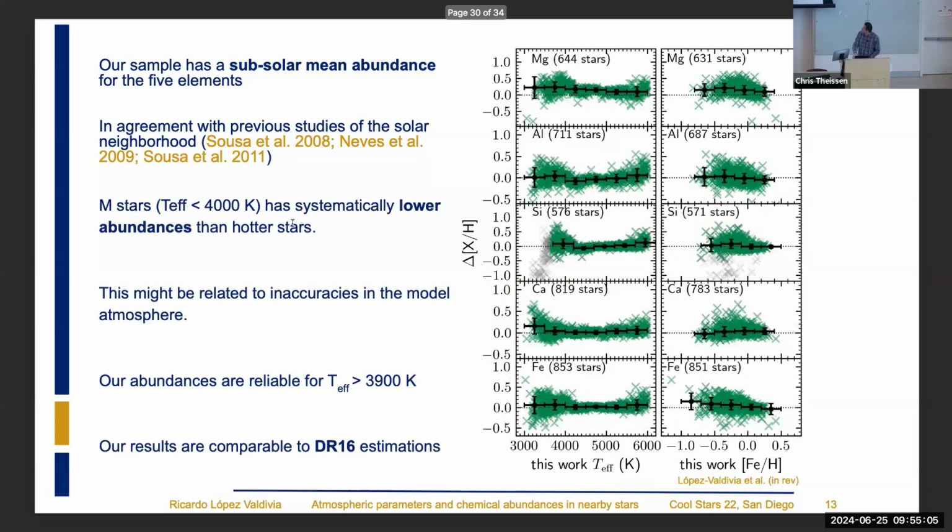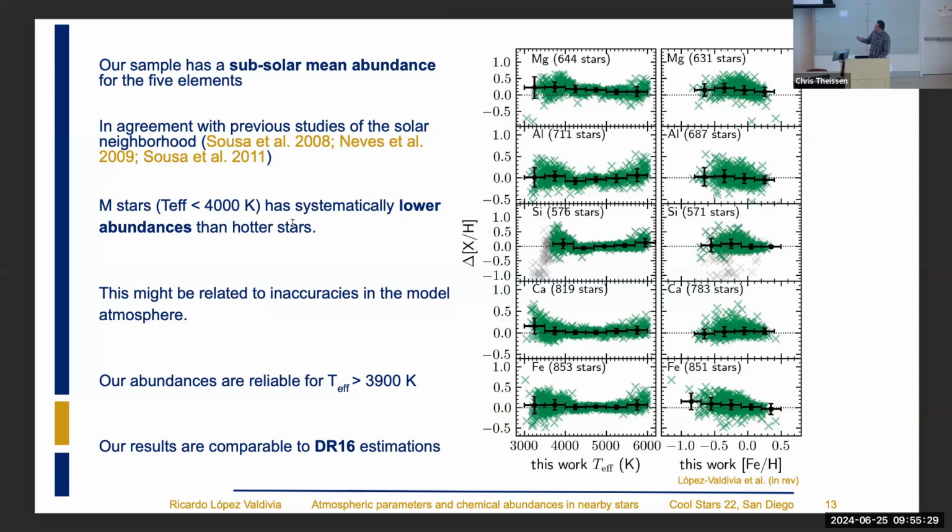Let me just pass this. Okay, this is what I want to show. So in general, for all the elements, we found mean abundances that are subsolar, meaning in this bracket notation that we have negative abundances in all the elements, slightly negative.